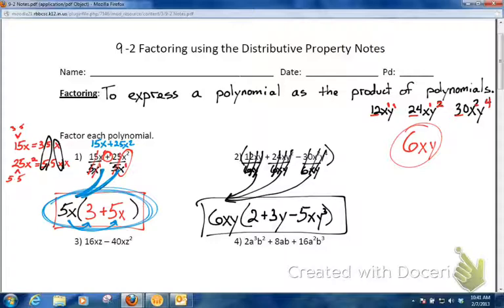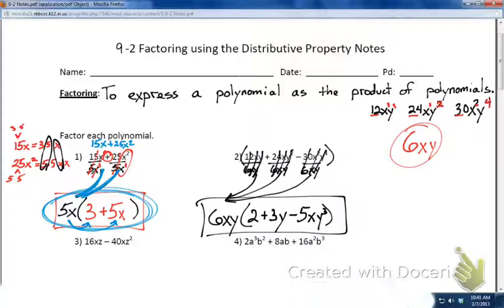All right, looking at problem number 3, I'm going to make a slight mistake in this problem and show you how you can easily correct it. So I'm going to look at 16xz minus 40xz squared, and I'm going to say, okay, well, the GCF of these two, 16 and 40, let's say, is 4, which it's not. The GCF is more than 4, but I'm going to look at 16 and 40, and I'm going to say 4. And then I'm going to say, okay, well, here, I'm going to have to make this smaller so I can show extra work. So I'm going to take out